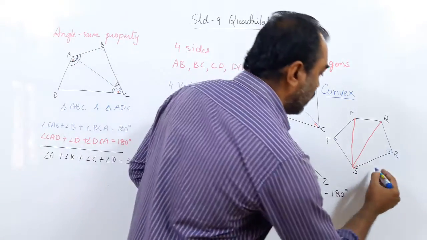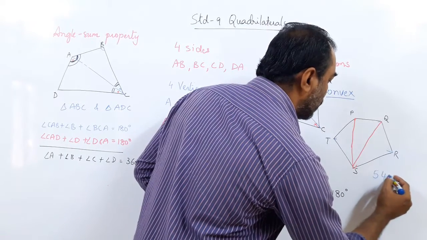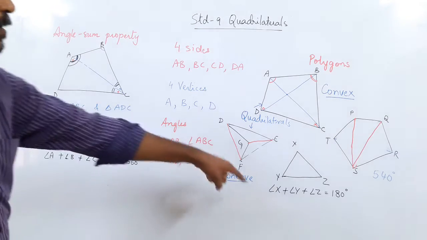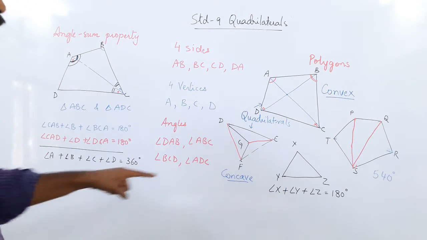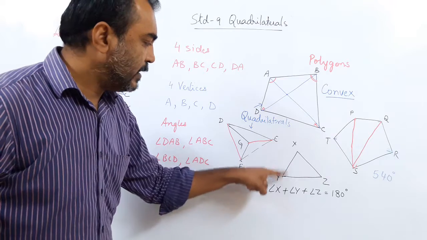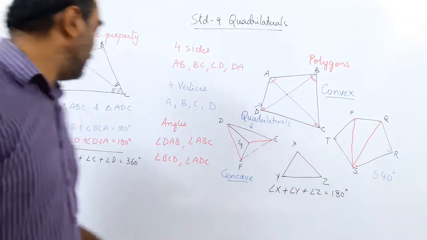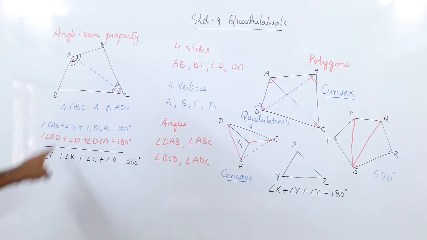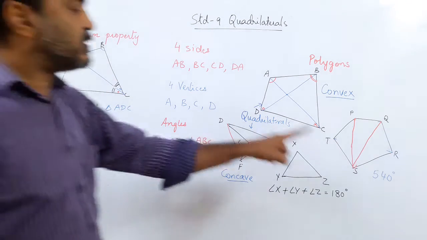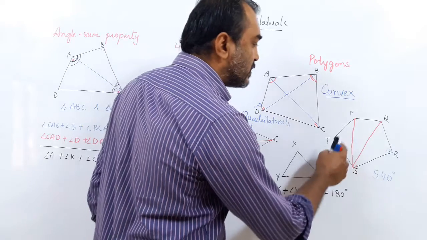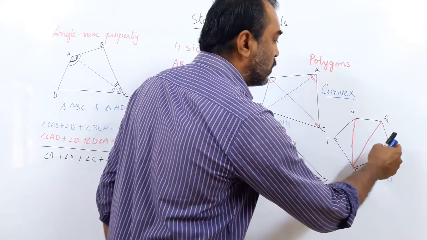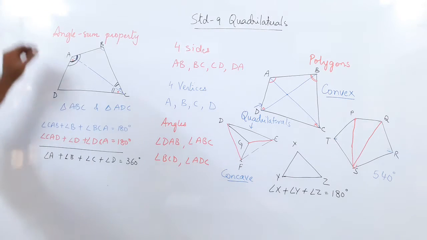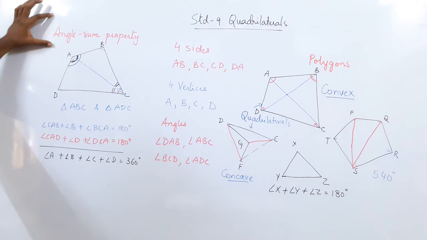So we do not have the pentagon in the syllabus or in the topic right now, but just for your understanding. A triangle adds up to 180. The three angles, angle X, angle Y, angle Z add up to 180. Here the four angles, angle A, angle B, angle C, angle D add up to 360. Then by the same logic here, angle S plus angle T plus angle P plus angle Q plus angle R will be equal to 540 degrees. So that was the first property we did today, for the quadrilateral.